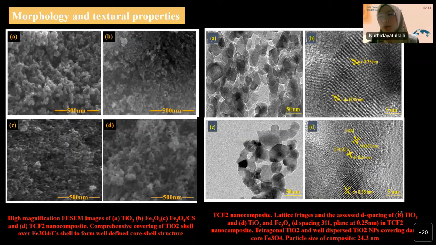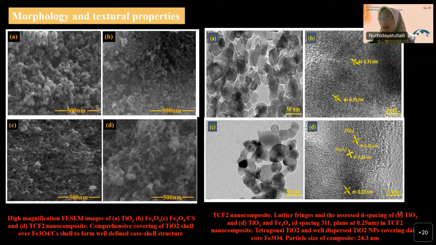So this is some important micrograph image that we took from the scanning electron microscope as well as the transmission electron microscope, and it shows that the TiO2 fully covers the iron oxide core, and the chitosan will be a linker between these two metal oxides. And the comparative covering of the TiO2 shell over this iron oxide chitosan shell forms a well-defined core-shell